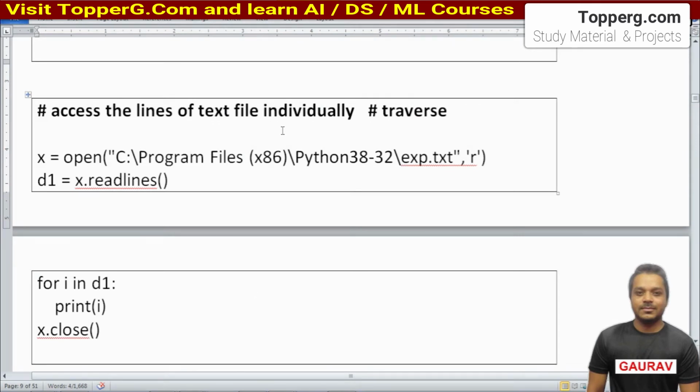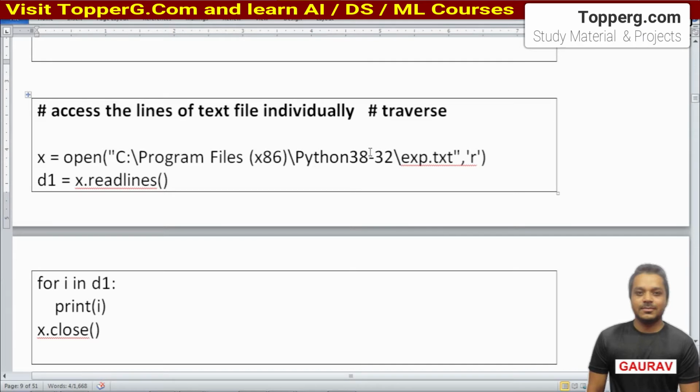Suppose you want to access the lines of a text file individually, or traverse. You already know what traversing is: accessing each item individually. So how can we access each line individually, to apply any data manipulation technique? We will do its program in the upcoming part of this same lecture.